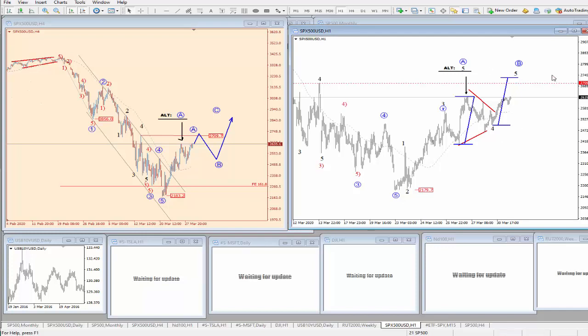So long story short, we are in a 5th wave. We could face temporary resistance, we could sell off here. At the same time, when this wave B kicks in, crude oil can hit a new high. At the same time, dollar CAD can see more upside, and the dollar in general.